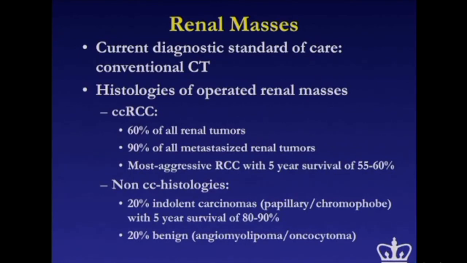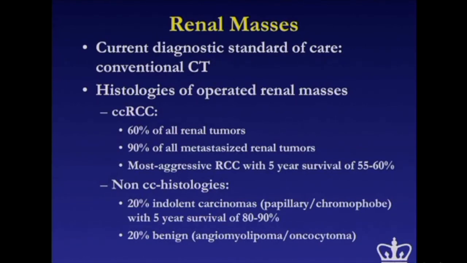I could feel it. But with the explosion in the use of imaging, if you have a stomach ache, you're very likely to have an ultrasound. If you have back pain, you're very likely to have a CT. If you have some other problem, you're very likely to have a spine MR. And as a consequence, there's very likely to be serendipitous identification of renal masses.